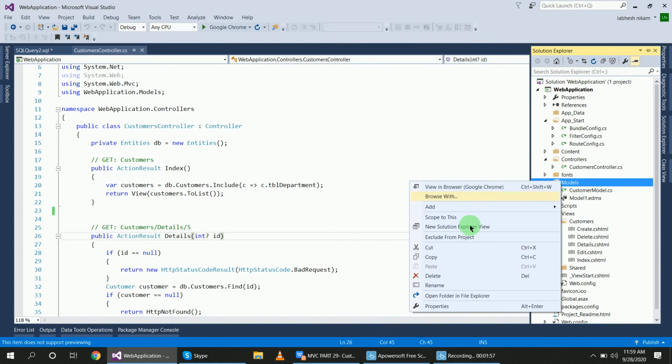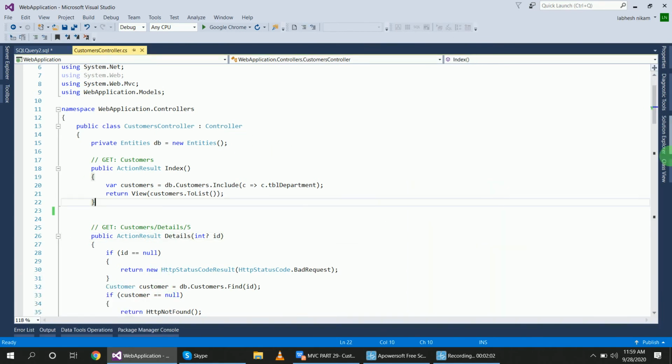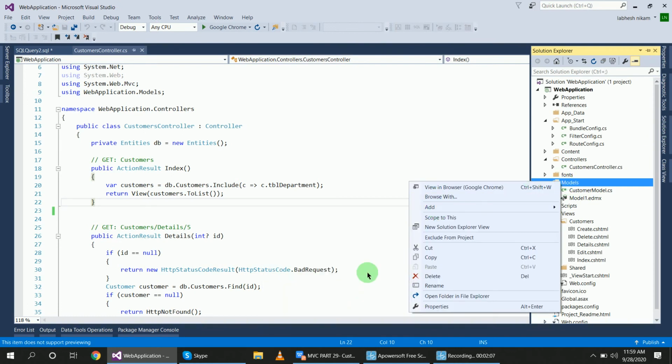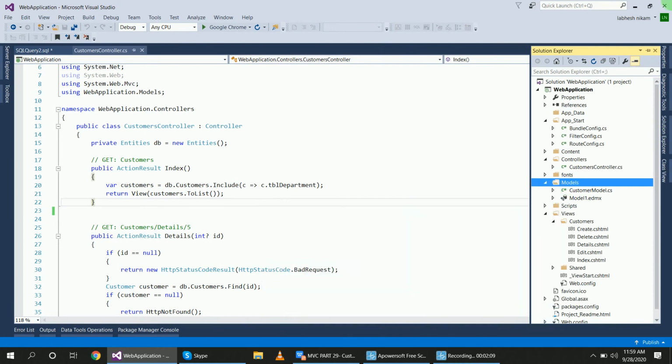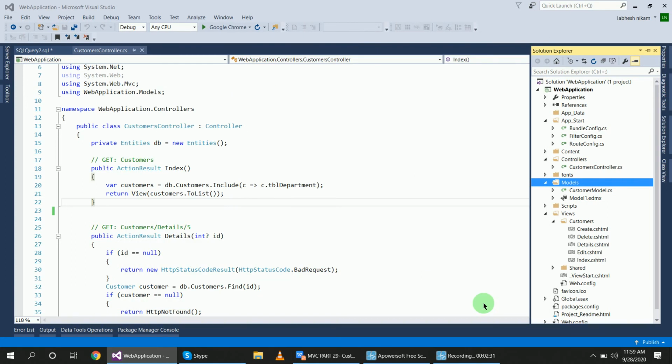Right click on the model, add class, and give the name CustomersTotal.